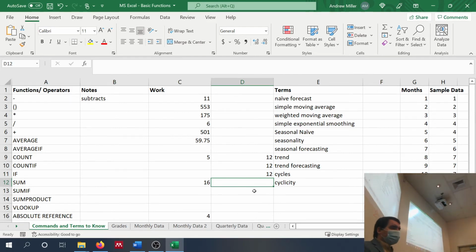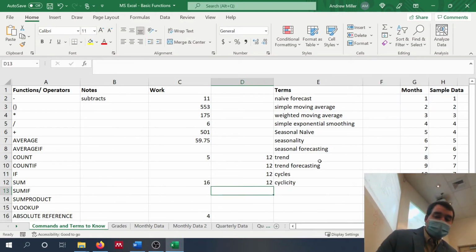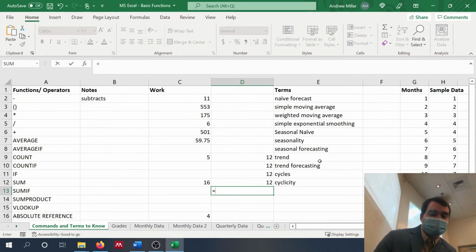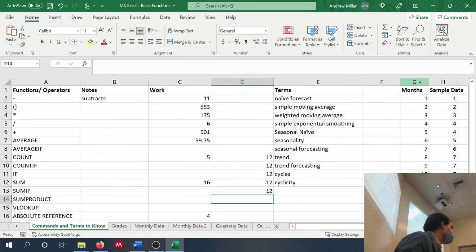Okay. I do want to cover a couple other things about ranges. So like I said, make sure you're taking notes, however you need to. So I can also, instead of clicking and dragging, type in G2 colon G13. Okay, I can do that as well. Another thing I can do is equals count, and I can actually just select the entire G column. Okay, so I can just click G. It's going to do G colon G. Just close out that parentheses, hit enter. Gives us the same answer. It's counting numeric values because there are numeric values present.